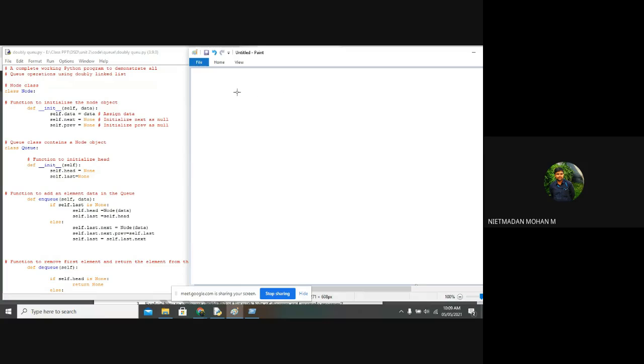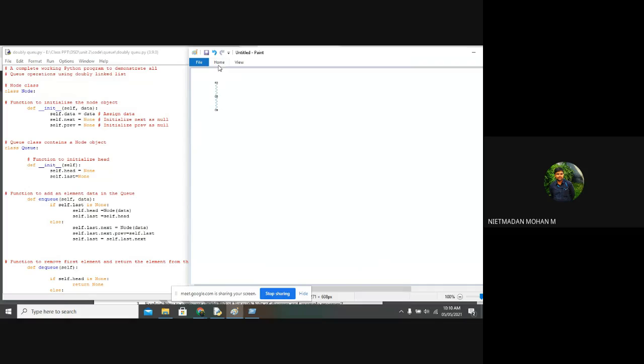So again, I am telling this. In this, we have already discussed the stack ADT, that stack that was used in the linked list. That we have discussed only a single linked list. In the queue concept, we are going to do a doubly linked list concept in a queue.